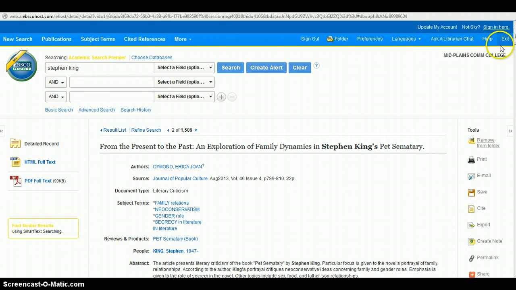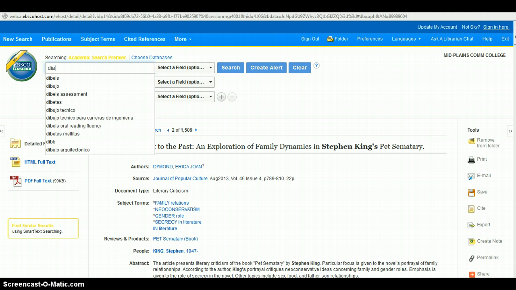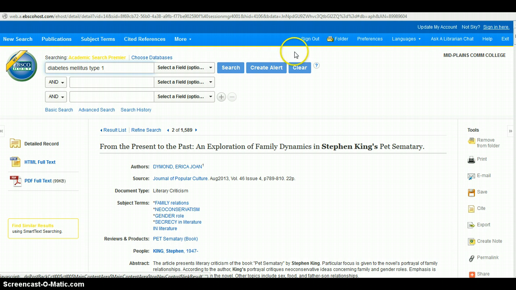So I'm going to close this search. And something new with the EBSCO, and this is only with EBSCO can you have the folders, by the way. But something new with EBSCO is they're starting to work with an autofill. So if I'm going to search diabetes, you'll see I've just typed in the first 4 letters and there's already a selection. Okay. So if I know this is what I want to search, super,